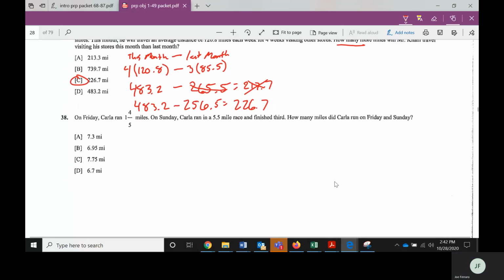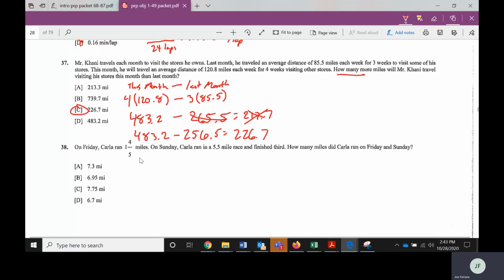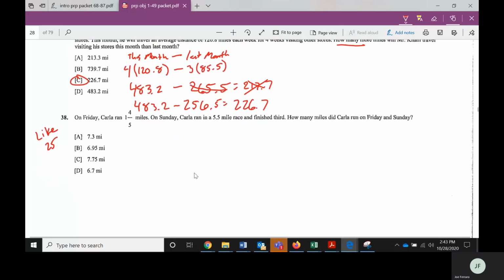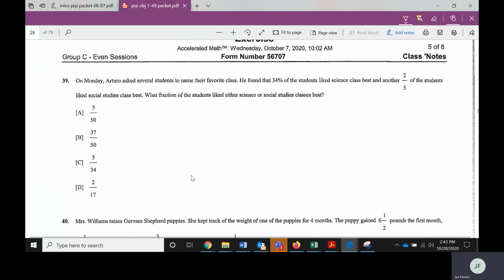We're going to skip 30, different types of problems. This is going to be kind of like number 25. So if you want to try this one on your own, you can kind of look at 25 as a reference. Okay. And we got 3 more problems we're going to do, and then I can give you hints on what ones you're going to do for the other ones, or what you're going to look at for the other ones. Number 39,